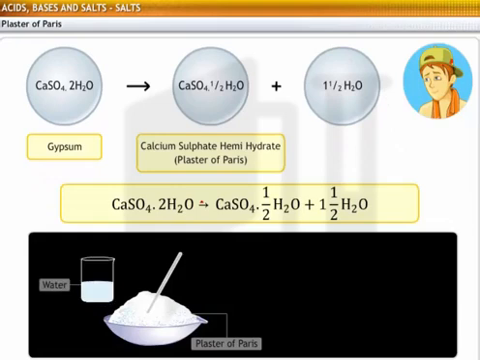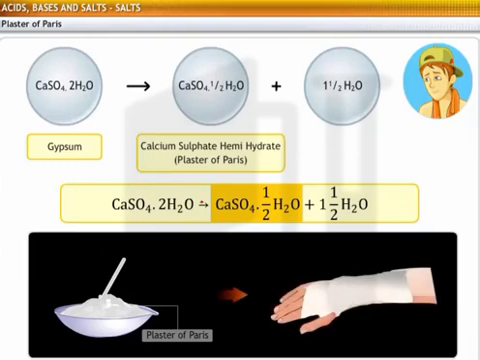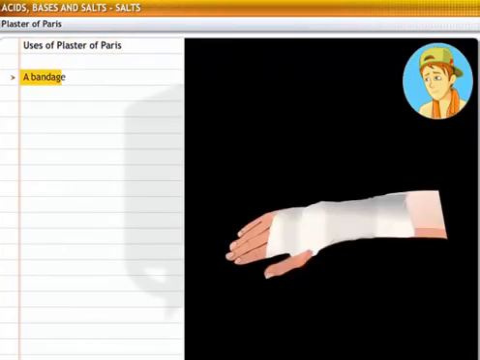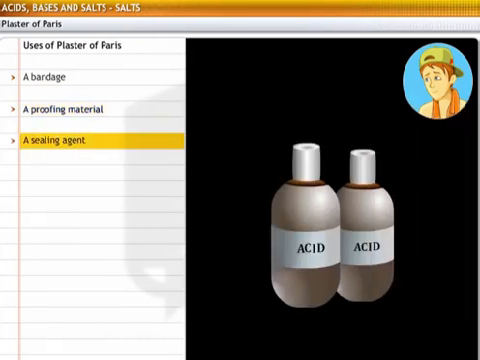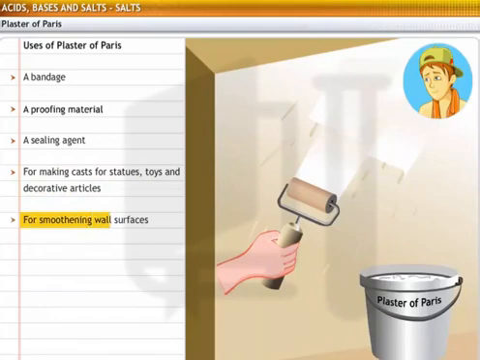This calcium sulfate hemihydrate, CaSO4·½H2O, sets and becomes a hard mass when mixed with water. Some of the uses of plaster of Paris are: for setting fractures, since it hardens when mixed with water and sets in a short time; as a fire and waterproofing material; as a sealing agent in the laboratory for sealing air gaps in apparatus where airtight arrangement is required; for making casts for statues, toys, and decorative articles; for smoothing wall surfaces;